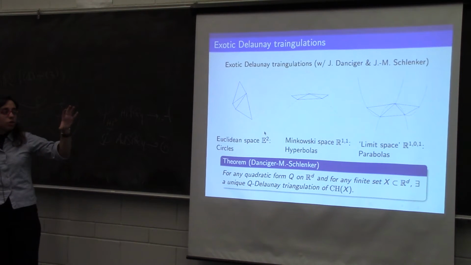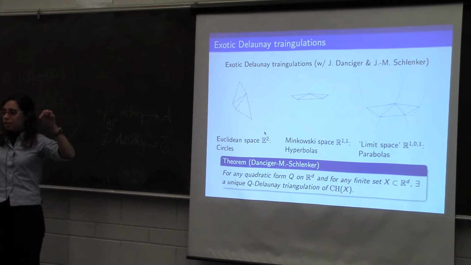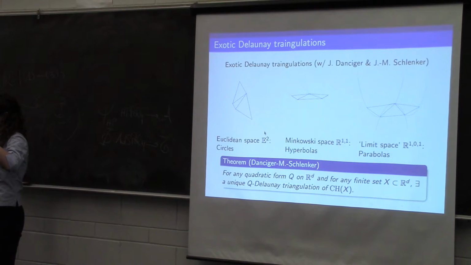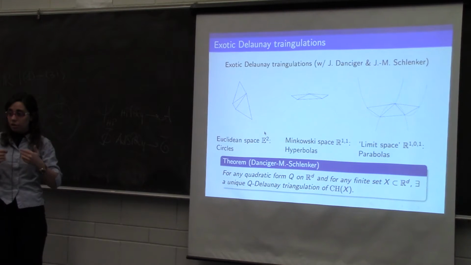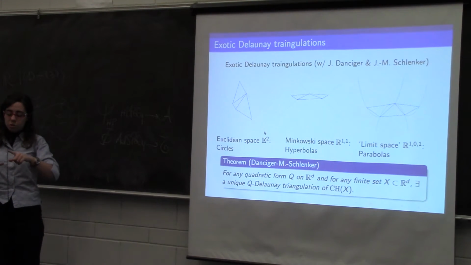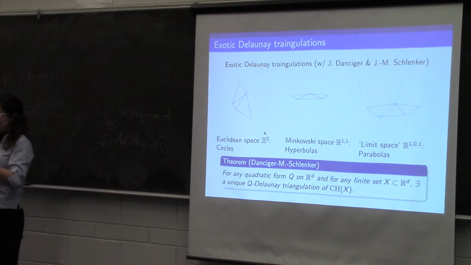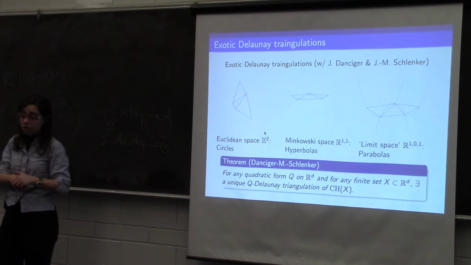So what are Delaunay triangulations? You have a set of points in the plane, you consider the convex hull, and you want to triangulate the convex hull, and since for any 3 points in the plane there is a unique circle, you define the triangulation such that every circle does not contain any other point